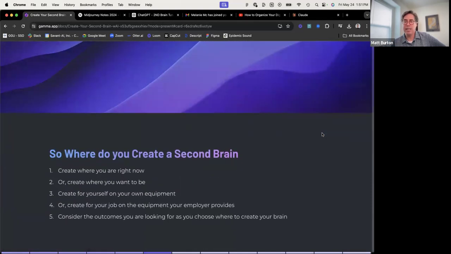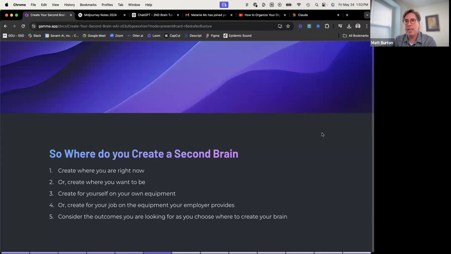Where do you create it? So a lot of people say, what's the right tool? And I'm giving you some resources in here to think about the right tool. The reality is it depends where you work and what your project is. So if you're working in a Microsoft shop at a large corporation, honestly, you're going to want to do things in OneNote. You're going to want to do things in Office 365. And you're going to want your company to authorize your use of Copilot so that you have generative AI, basically ChatGPT, inside of Office 365. So that's what you want. You want to work in Office 365 because that's where you are.